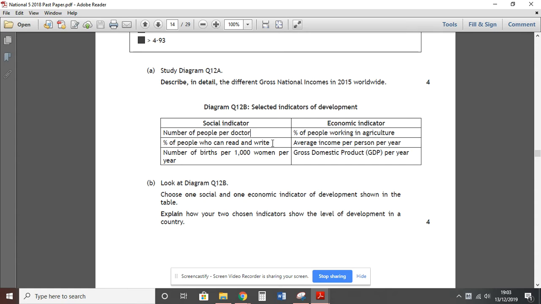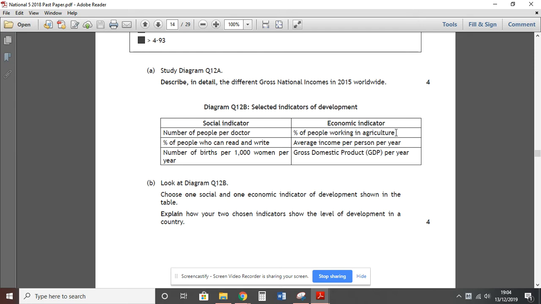That's a reason why lots of people in developing countries can't read and write, because often their families have to withdraw from school, either because they're too poor or they can't afford to send them to school. So for each case, I've picked as one of the social indicators, and I've given 2 reasons because it's a 4-mark question. Likewise, if I pick an economic indicator, and I'll talk about 2,